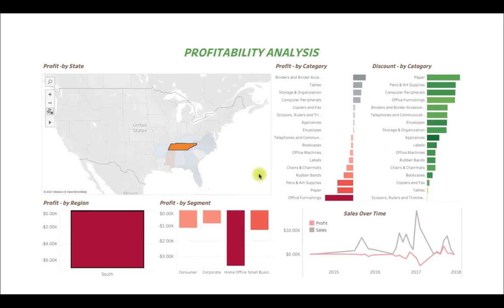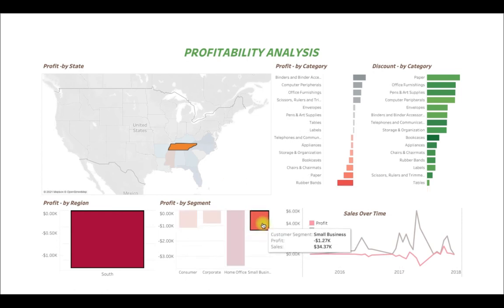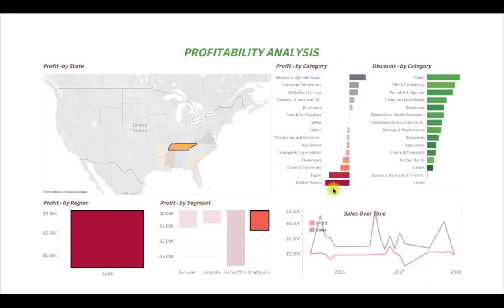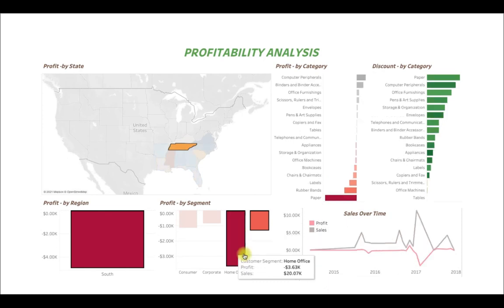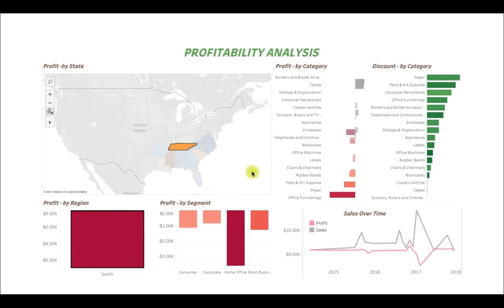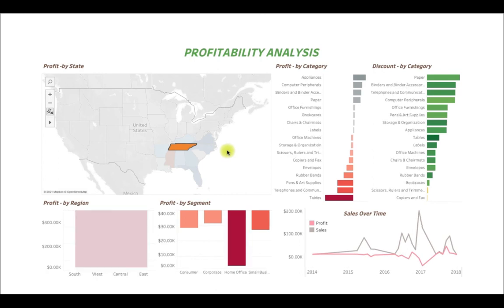This way you can have multiple selections. Let me click home, this one, small business, and then this state. Now you see rubber bands come into the picture. Earlier we had paper. If we select home office, paper comes in the last category. So this way you can click on multiple selections also.